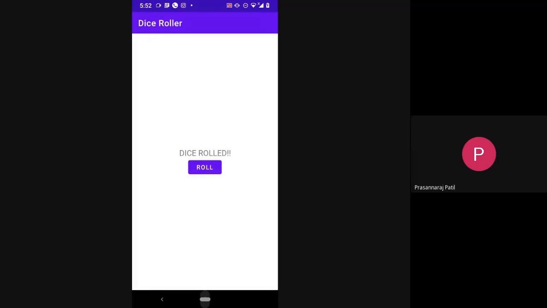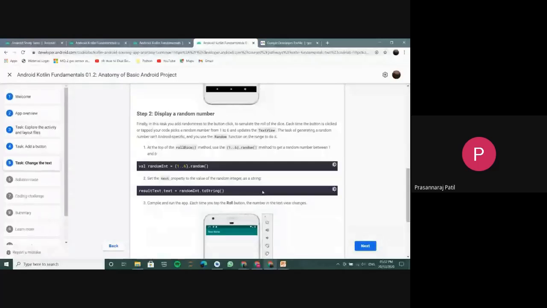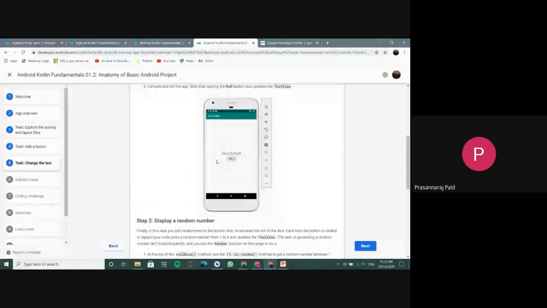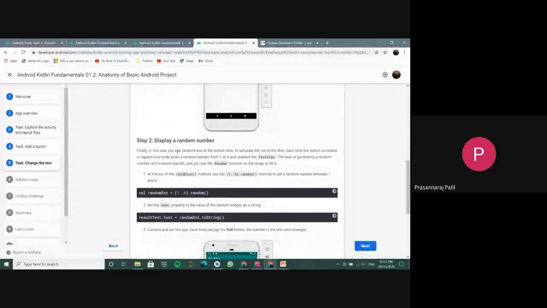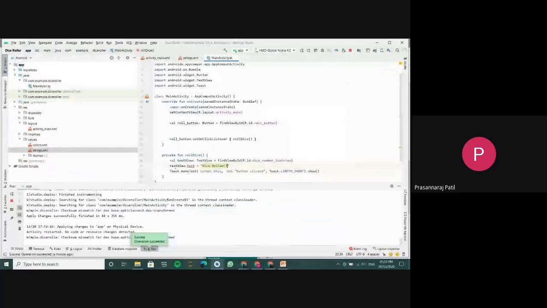So now what we will do, now we want to display random numbers, that is we want to roll the dice. So instead of changing the text to dice rolled, we will take a random number between 1 to 6 and we will display it. So for that, what we have to do, instead of this direct text, we will add one variable, that is val